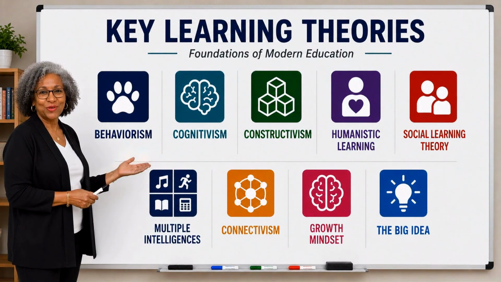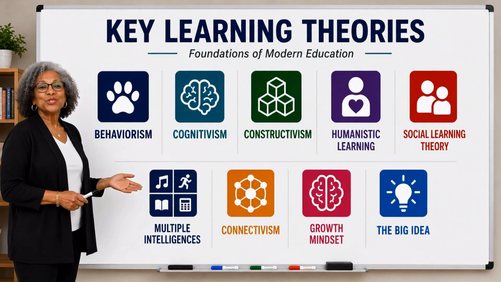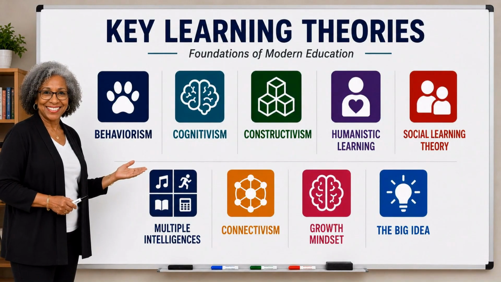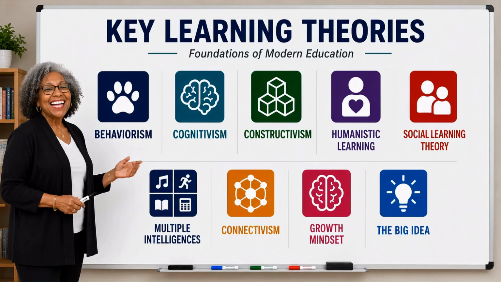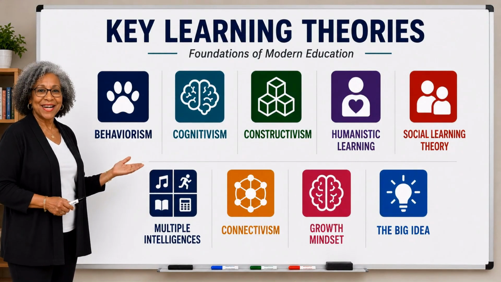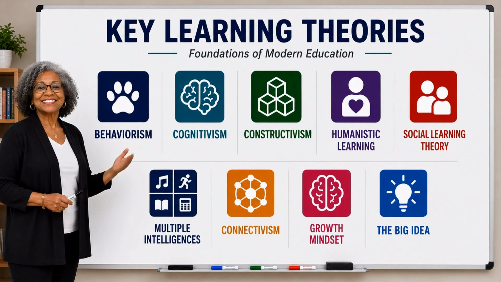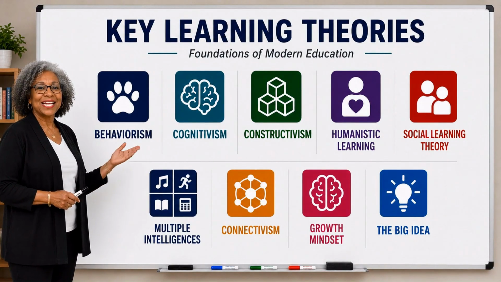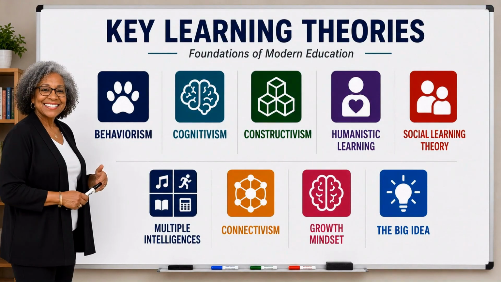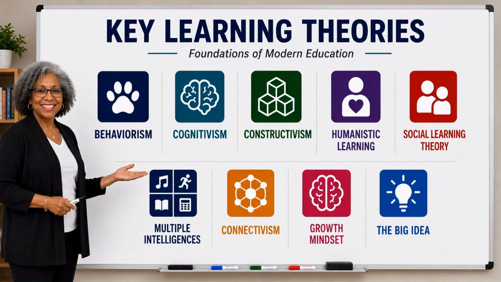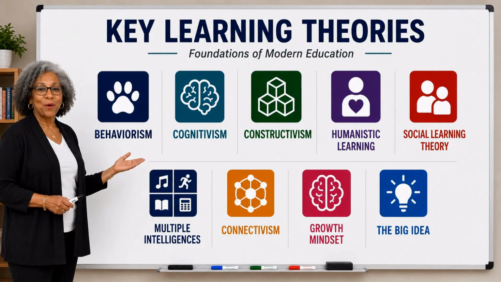Constructivism, mid 1900s. Constructivism says that learners actively build knowledge. Students do not simply receive information. They connect new learning to prior experiences and understanding. Lev Vygotsky developed the zone of proximal development, often called the ZPD. The ZPD is the space between what a learner can do independently and what they can do with guidance and support. This is considered the optimal zone for learning. Not too easy, not too difficult, just challenging enough with support.